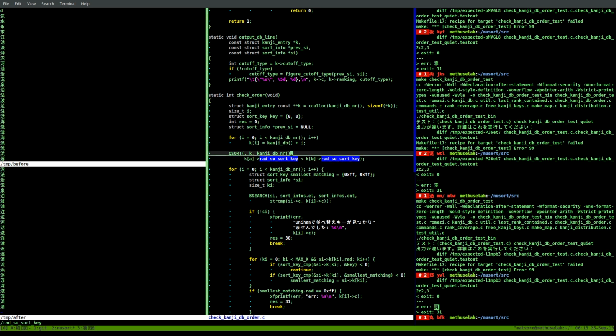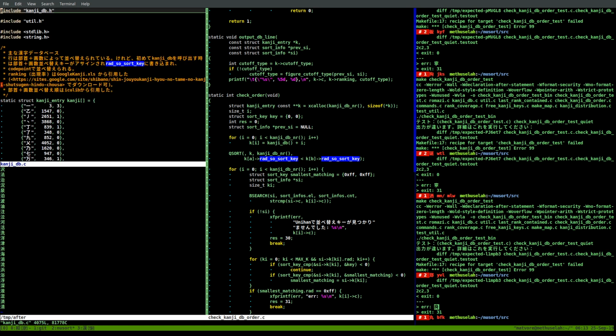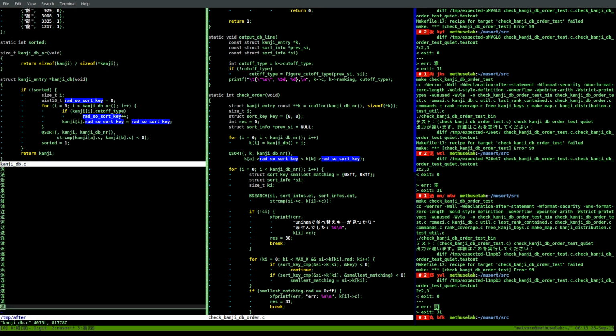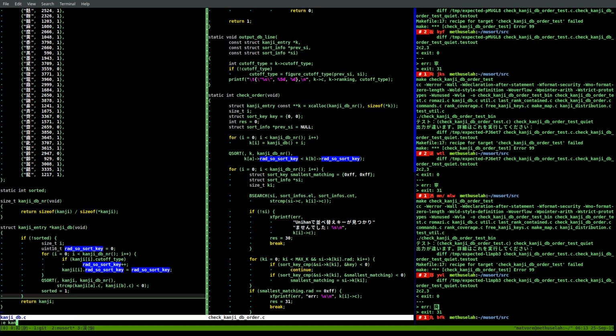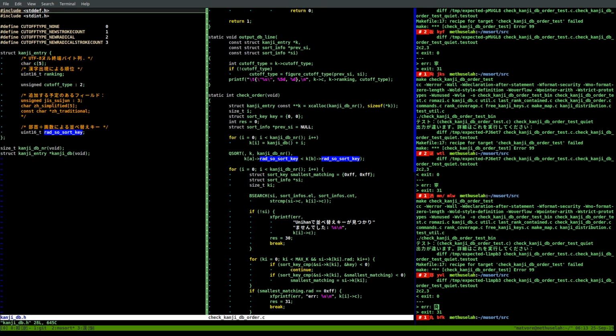So here we probably do want to figure out a proper key. So let's just figure out what key we want to use. Kanji database H. So we'll add a int rad so